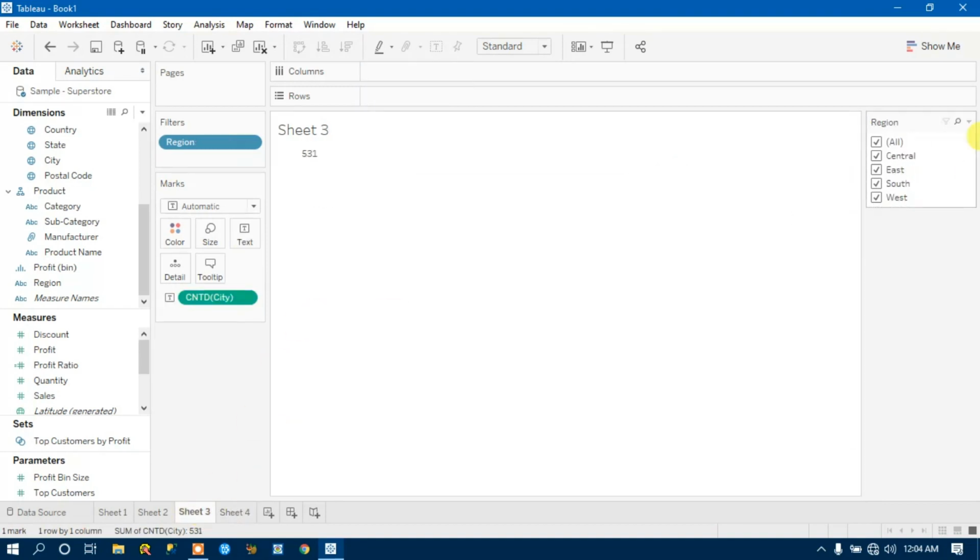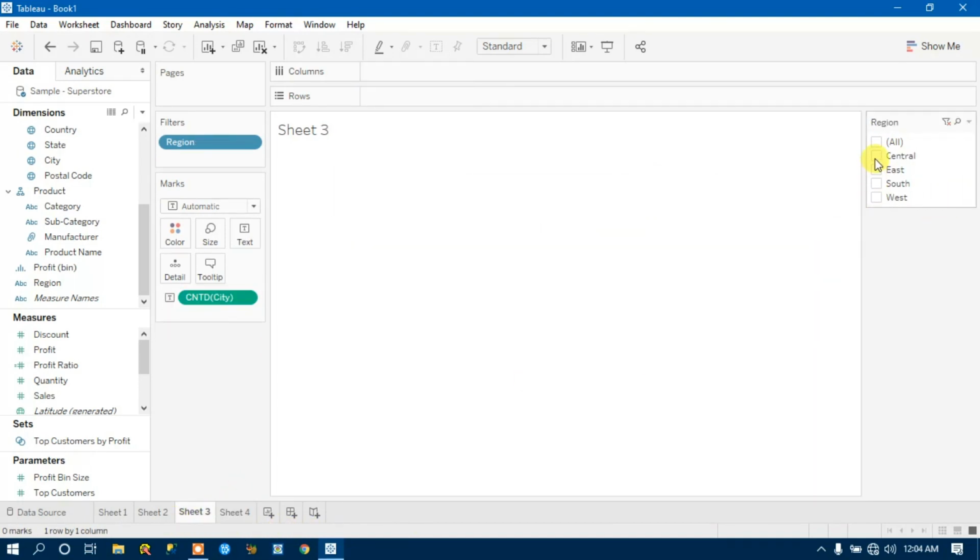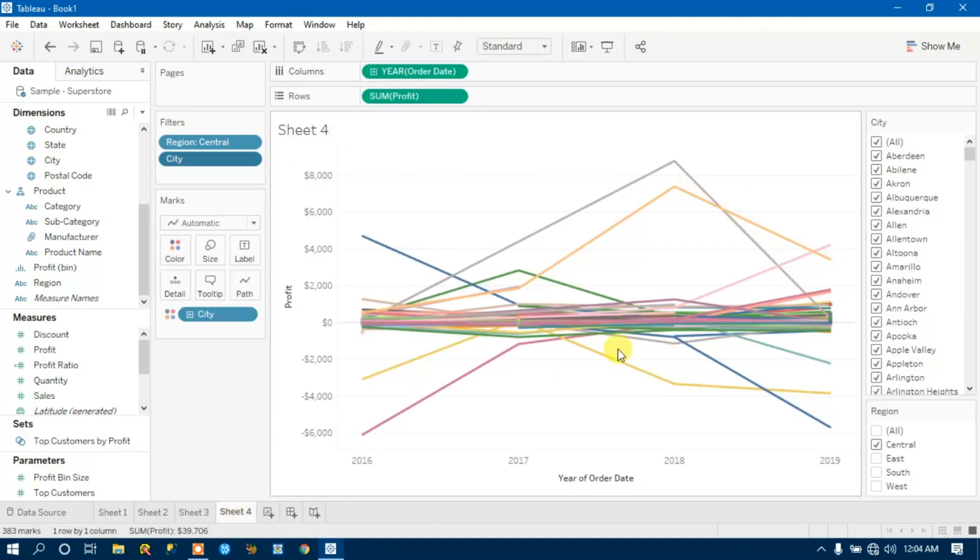Let's say I picked the central region. There are 181 cities under the central region, so I must have 181 cities under it, but not 531 cities. But this is not the correct filter, right?